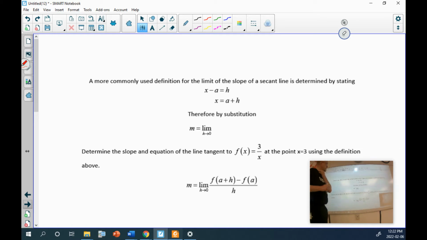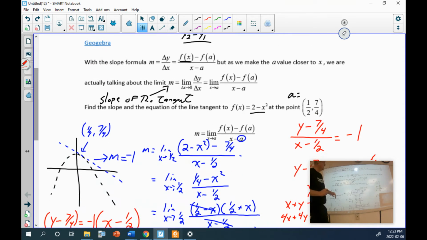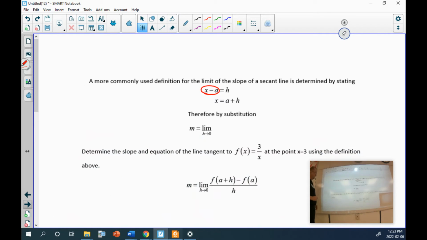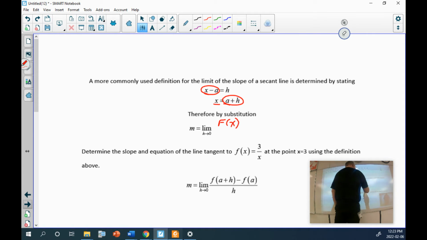So what we do here is we define x minus a, the bottom of our definition, as h because it simplifies the denominator. And then by solving this for x, we have x is equal to a plus h. So what that does is it gives us, instead of f of x minus f of a, which we had over x minus a,